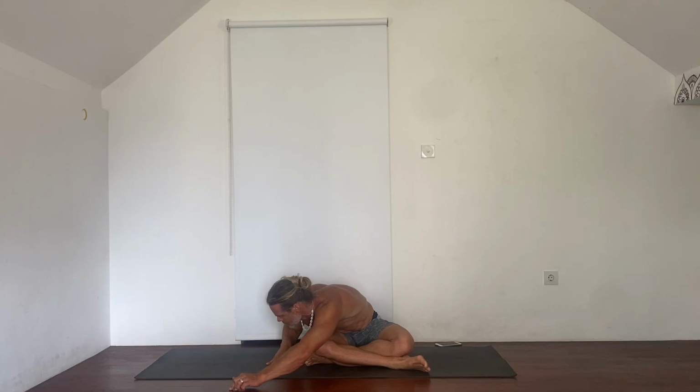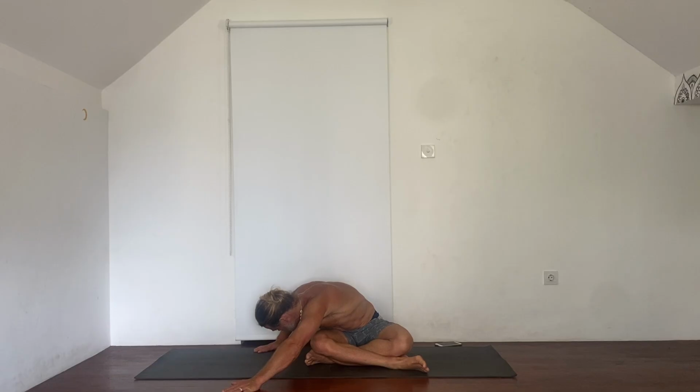And then we can either just go forward or do some reaches, which I like to do. So stretching out to the side, and then just spending a few moments exploring. You know, even here you can do your side bend, your rotation, your back bend extension, rotation, side bend, and into your flexion. And then we come up, cross the legs the other way,